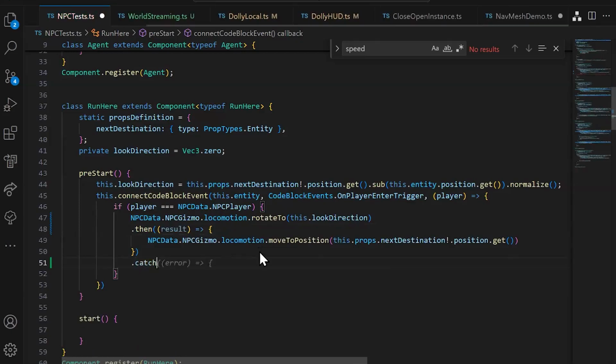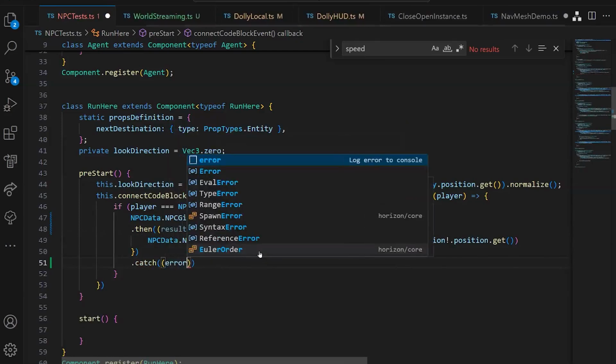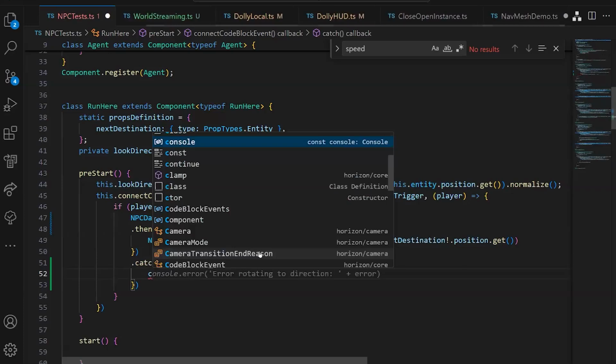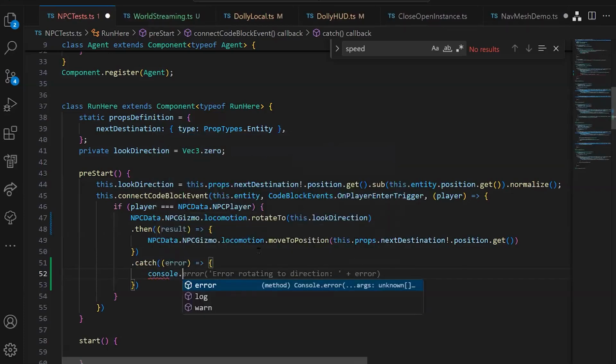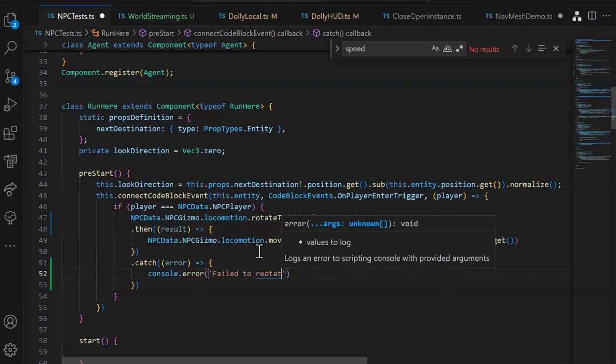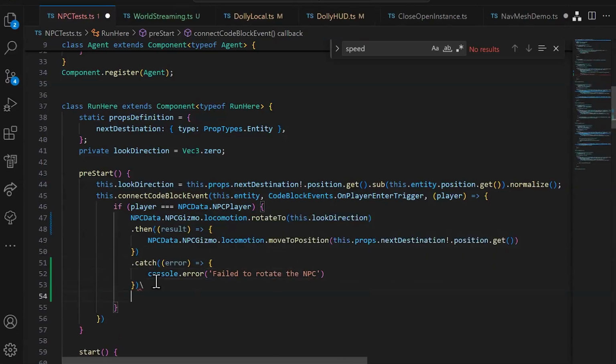catch, fail. There's gonna be an error as well, error. And then I can say console error, fail to rotate the NPC. Something like that, right? And then there's another one, which is kind of like the,